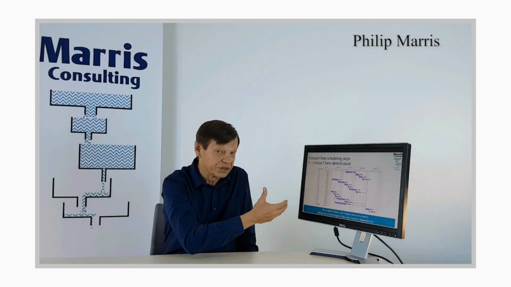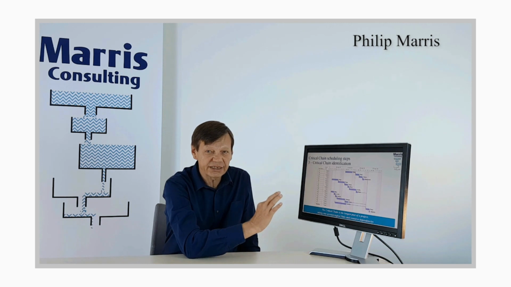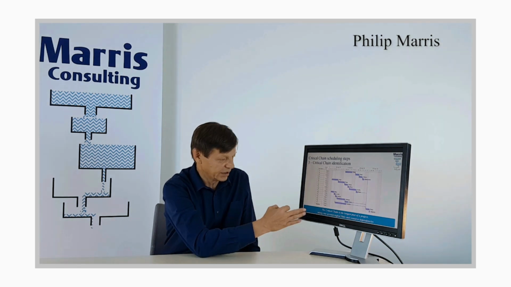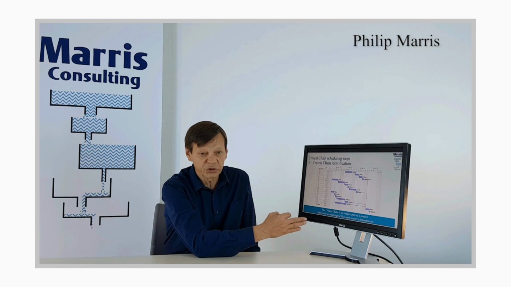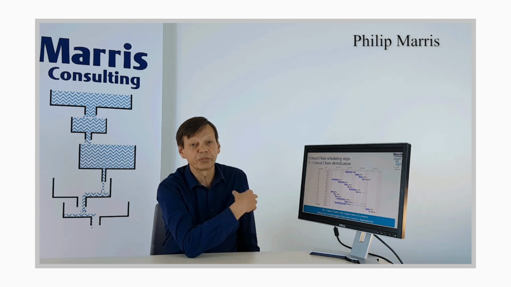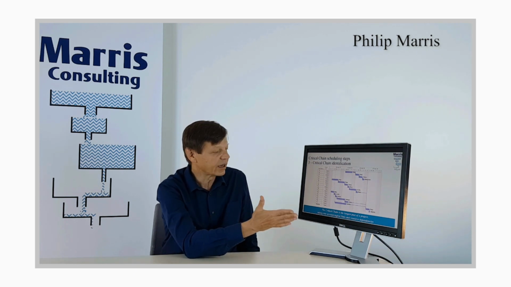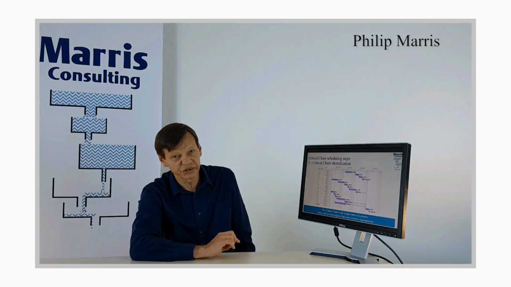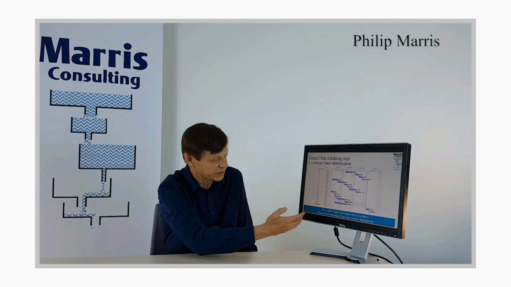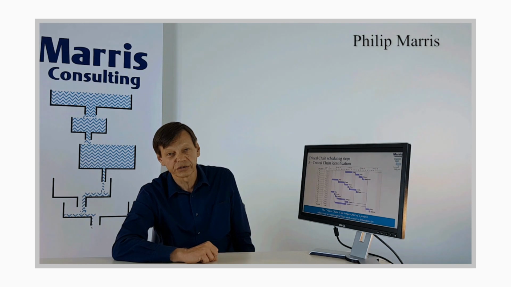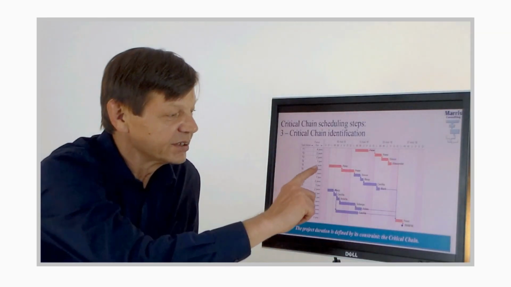And it's important to understand that, because if you're learning about critical chain, and you say you want to do critical chain, you'd better be able to answer the question, what is critical chain? And the limited, restricted technical definition of the critical chain is there, okay? But as I'm sure you're now realizing, the critical chain approach is a lot wider than that and goes way beyond this limited definition. But that is, technically speaking, the definition of the critical chain, okay? So, where is the critical chain? Here it is. It's in red,